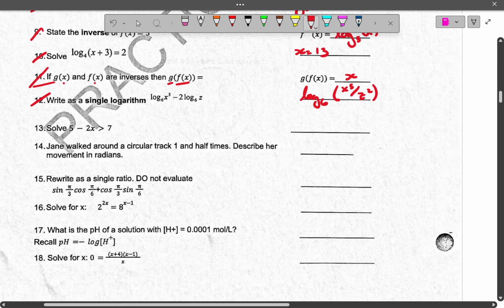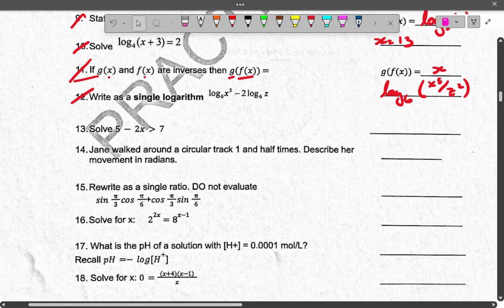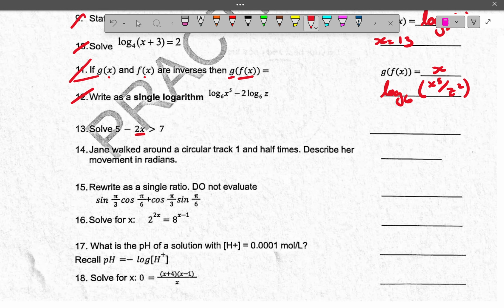Question 13 looks quite simple. Just asking to solve for x here, and we have an inequality, so all we have to do is isolate for x. So I can move the negative 2x term to the other side, which will give me 5 is greater than 7 plus 2x, and then move the 7 to the other side, which will then make this 5 minus 7 is greater than 2x,